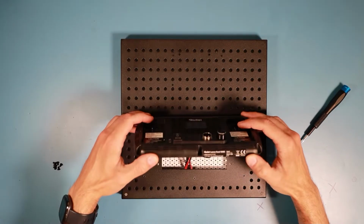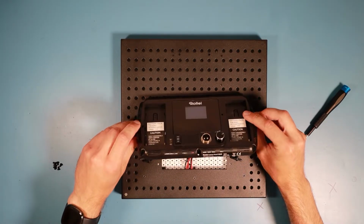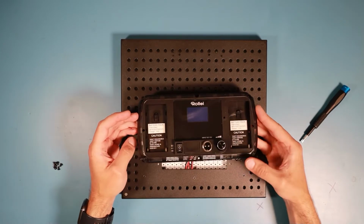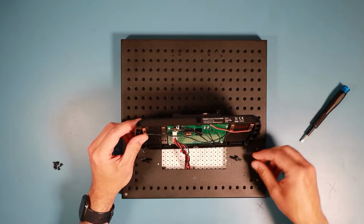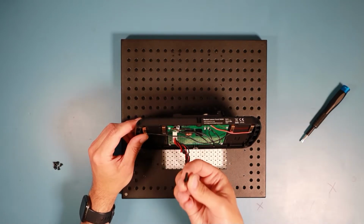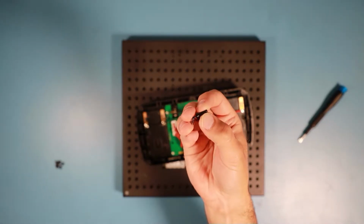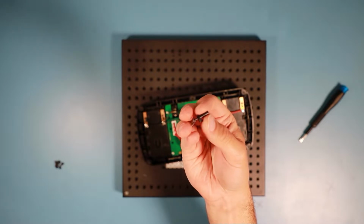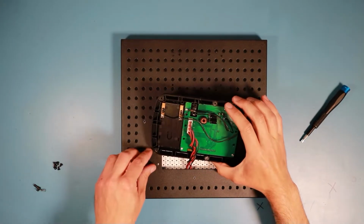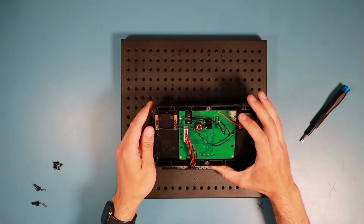So this is the inside. Oh, yeah. There are two battery holders and they are just falling apart. They have this little plastic pin, a plastic pin with a spring. I might get this in focus. Okay, I have. So that fell out. So then there is